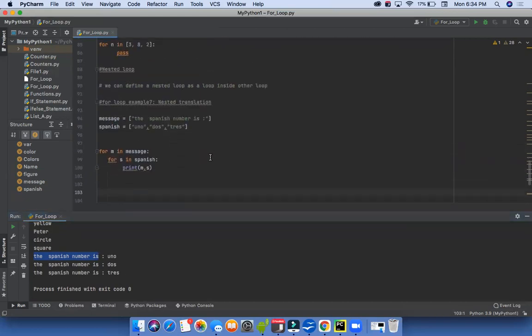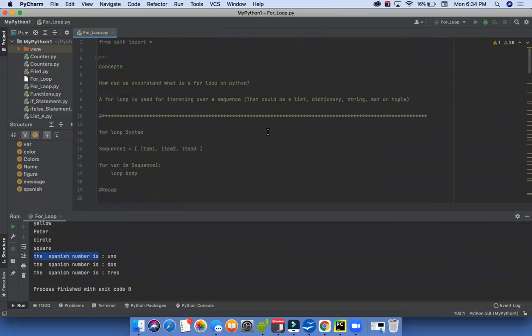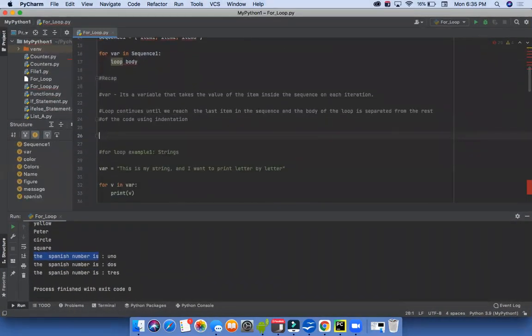I think that this is it for today's session. I really consider that we have covered more than enough for this for loop explanation. Anyway, my suggestion, as in any other video, is the same. Just try to double check everything that we have already explained here. Try to create your personal notes, replicate every example that we have already performed in your